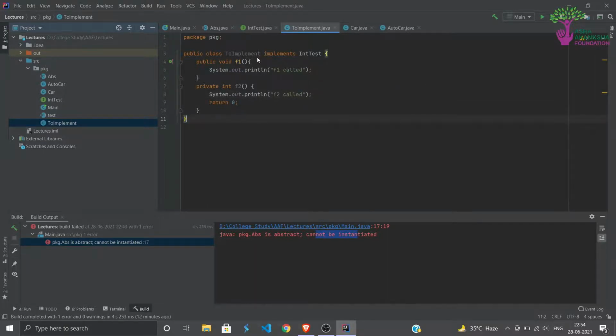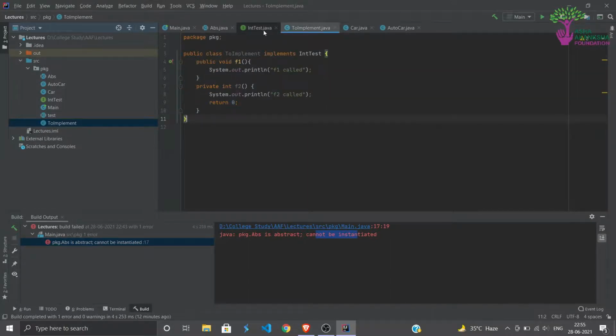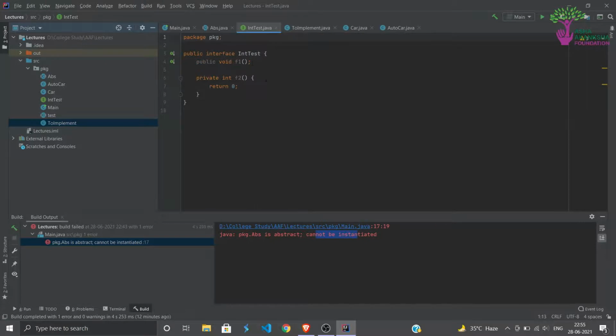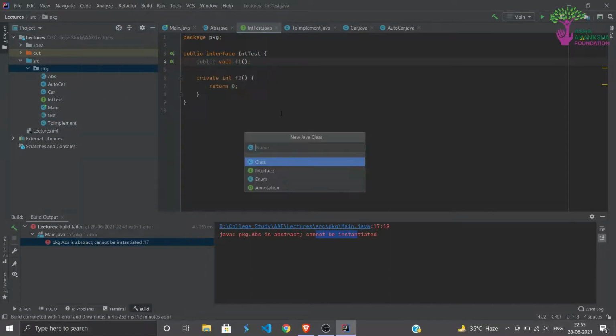So this is how you make and implement an interface. This is an interface and this is a class. The main thing to keep in mind is you do not implement the method within this interface. So if we try to make another interface, let's say, package, let's do interface 2, int test 2,